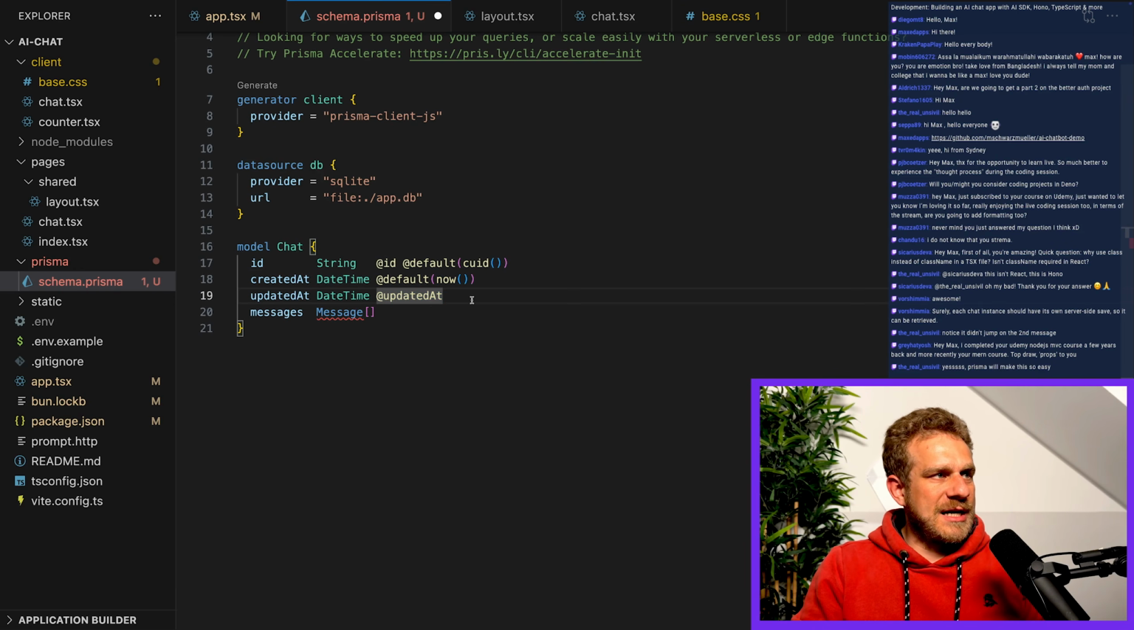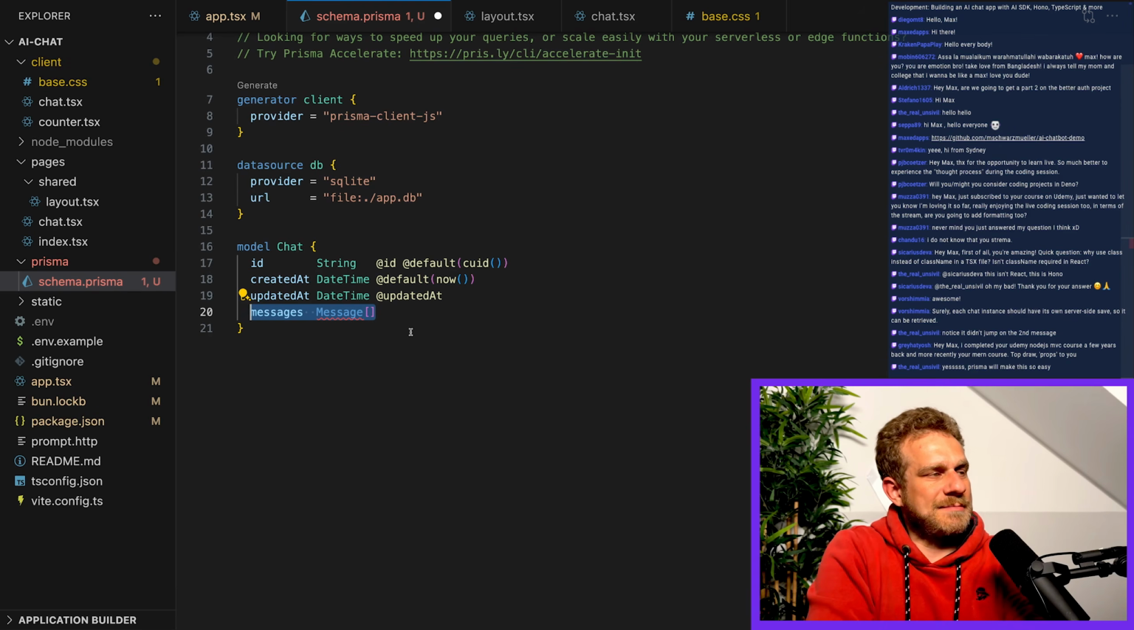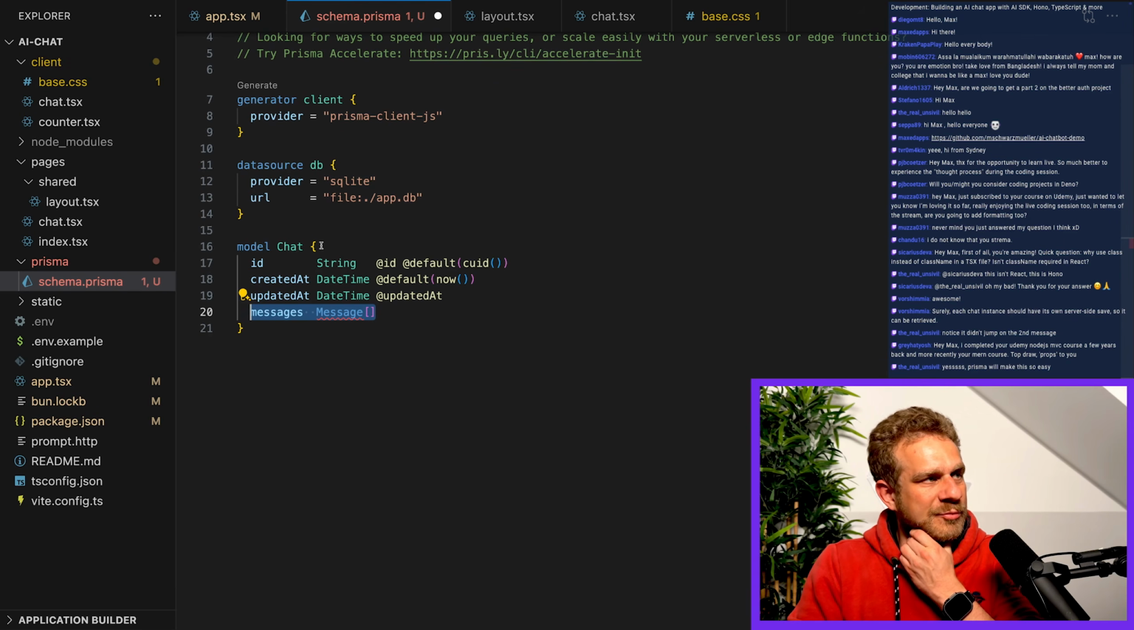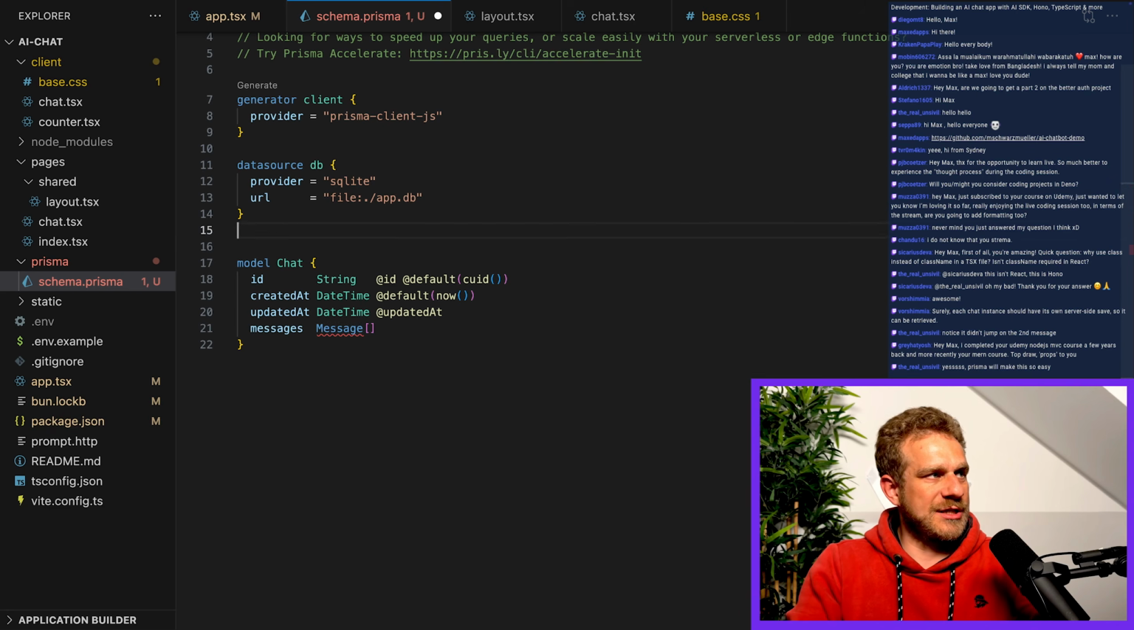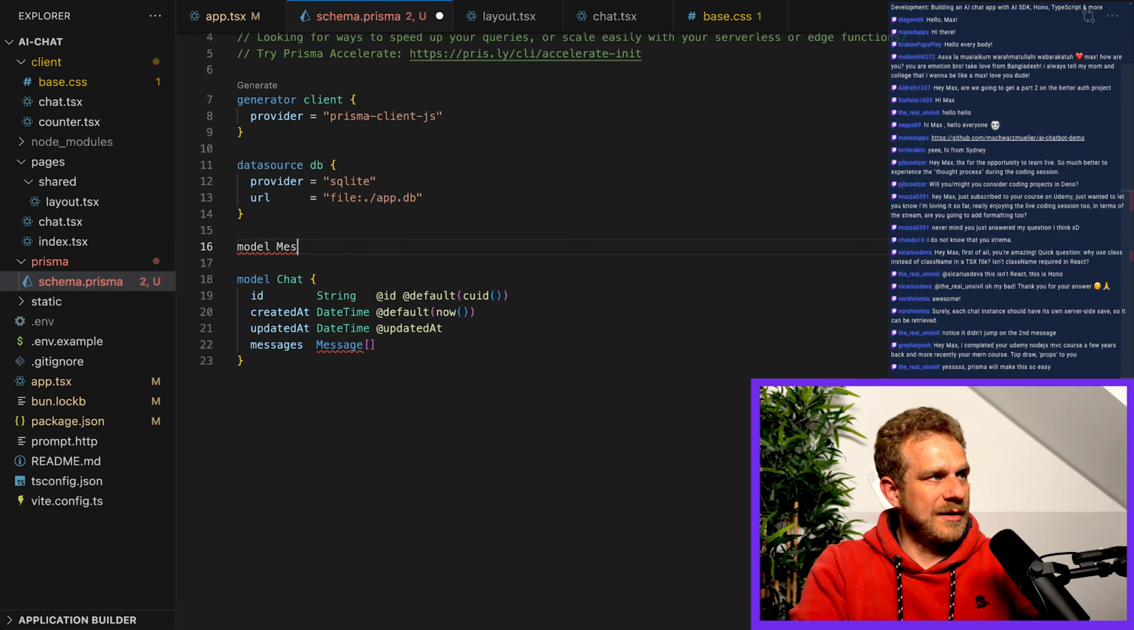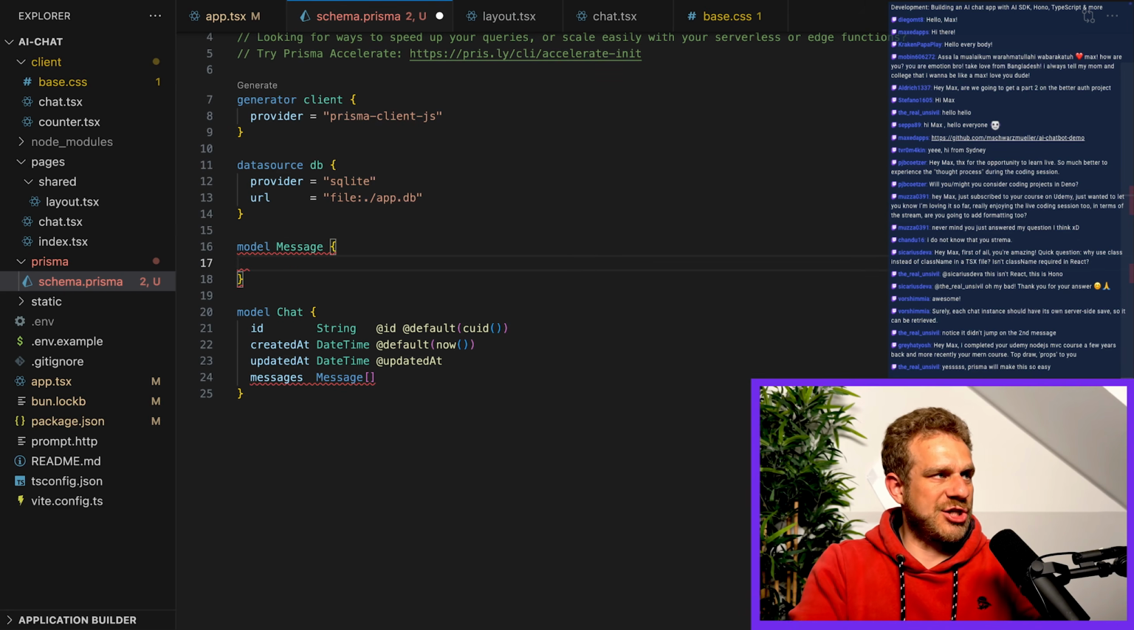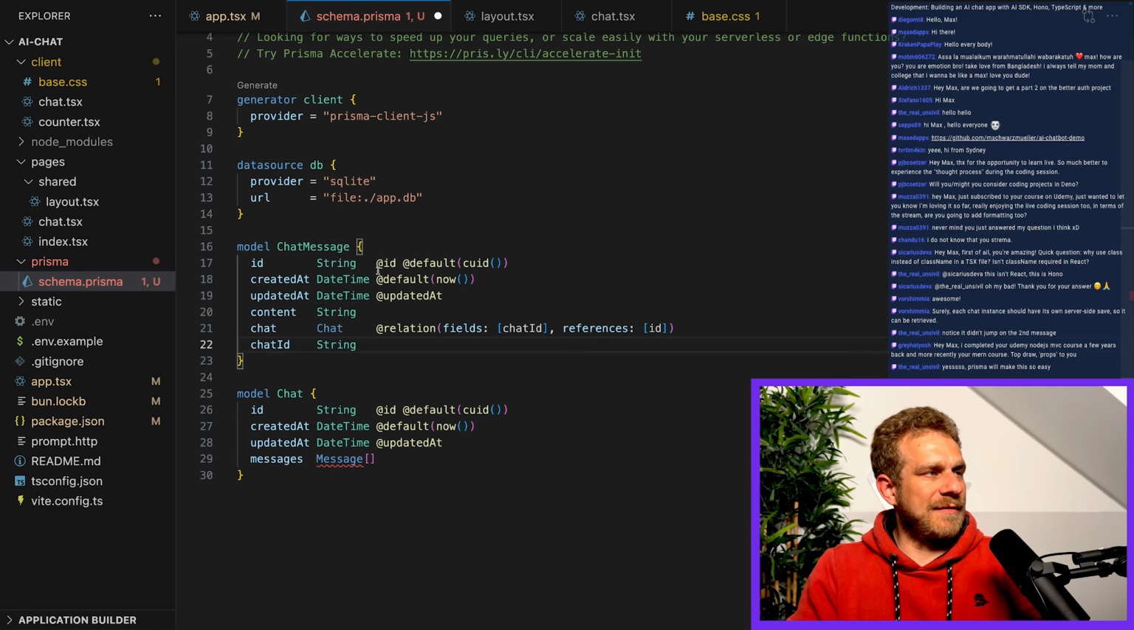createdAt, updatedAt, sure, why not? And I guess that here means that Prisma will automatically update this timestamp whenever I'm touching an entry in my database. Here, as a default value, it will use the current timestamp, which makes sense. And then I need messages. And it probably makes sense to set up a relation here and set up a separate model for my message, for a chat message. Let's maybe call it ChatMessage. And in there, every message